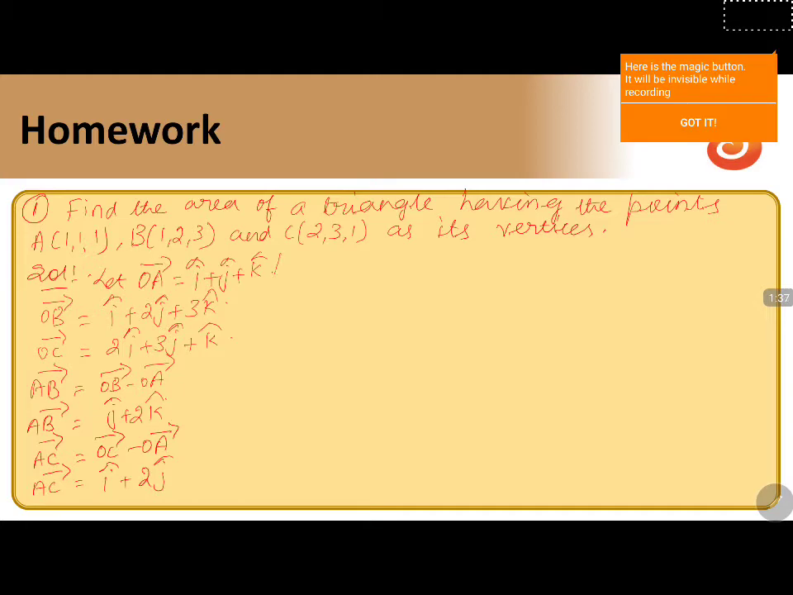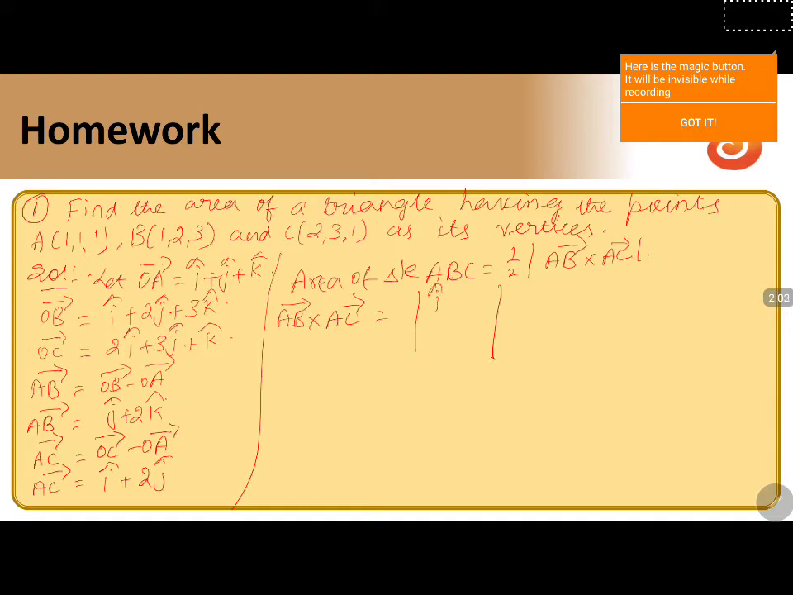Now we will calculate the area of the triangle. So the area of triangle ABC is given by the formula half into AB vector cross AC vector. First we will calculate AB vector cross AC vector, which we get in determinant form, that is